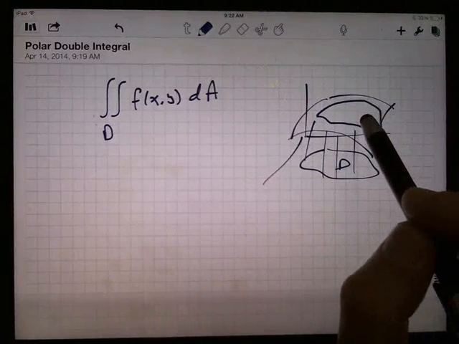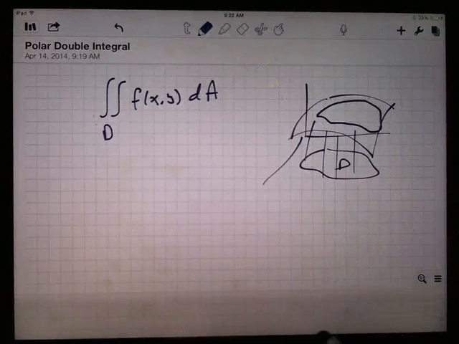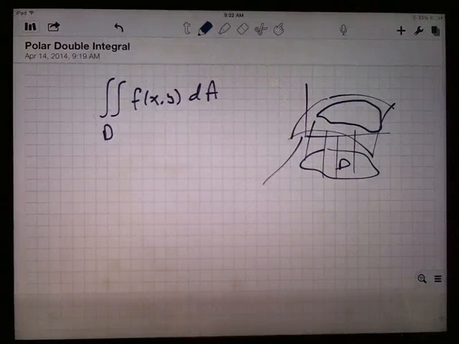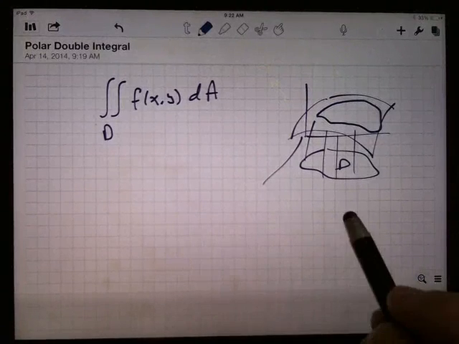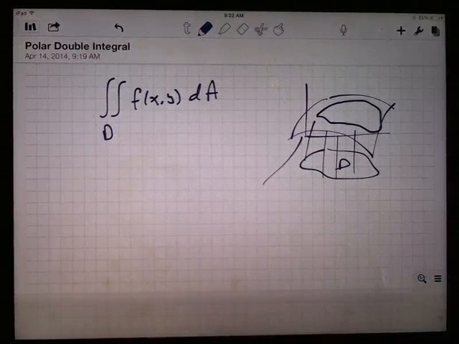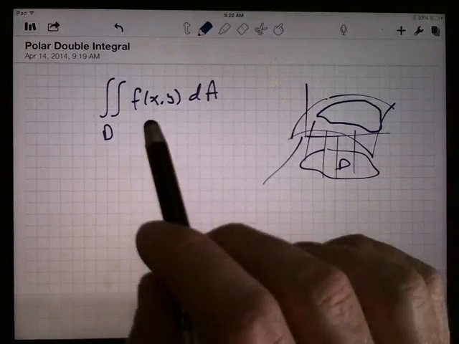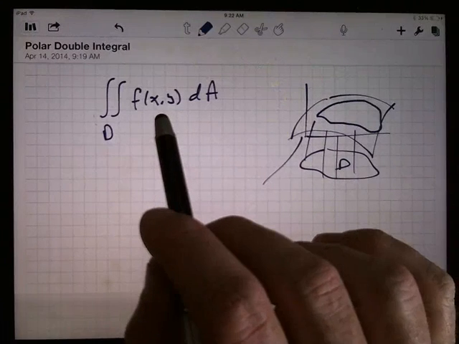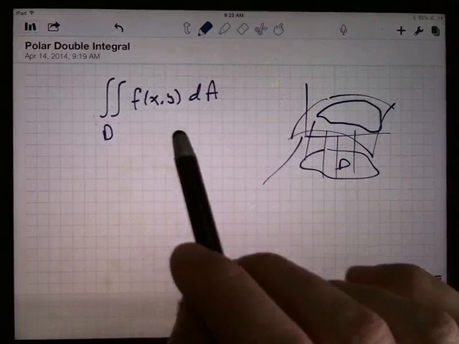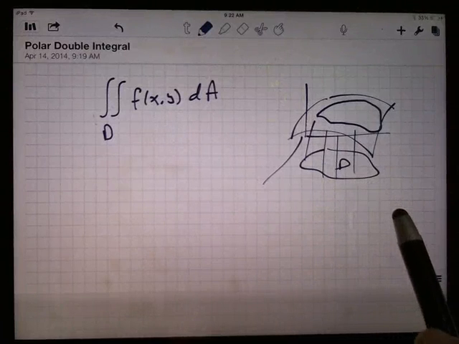Because if the function value is negative, then you're going to take the height as negative, and some volume might cancel out, or you might end up with negative volume or whatever. But that's fine. It's a double integral of a function over a region. Now sometimes it's going to be more convenient for us to do this in polar coordinates, either because the function is more easily expressible in polar coordinates, or usually it's because the domain is more easily expressible in terms of